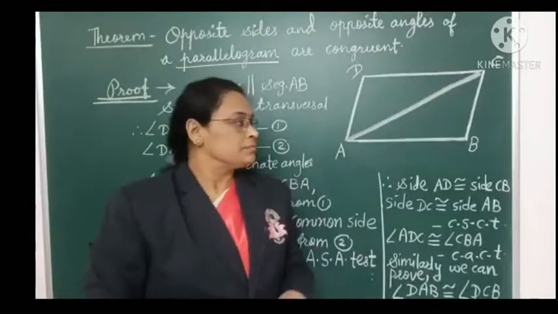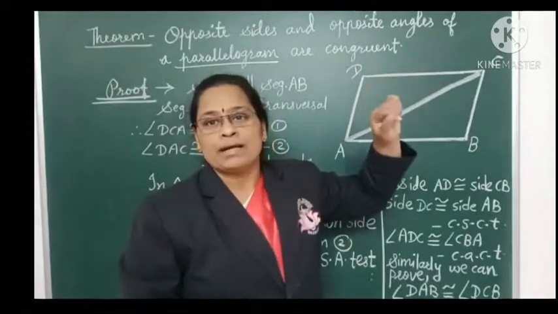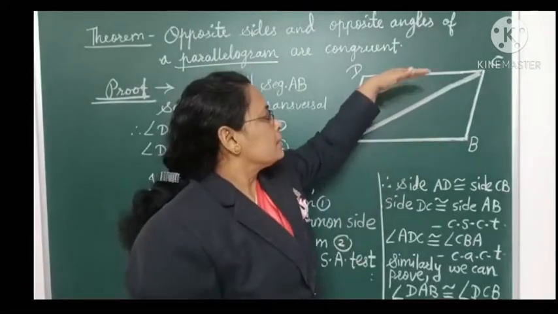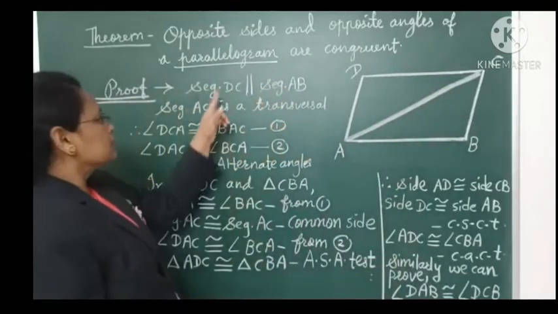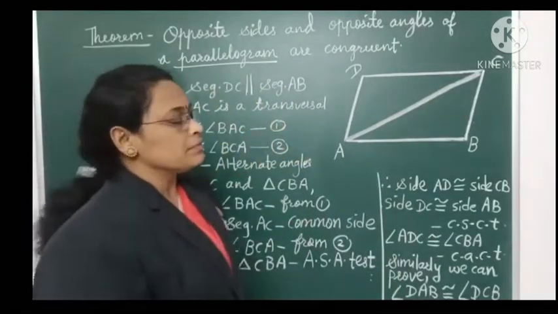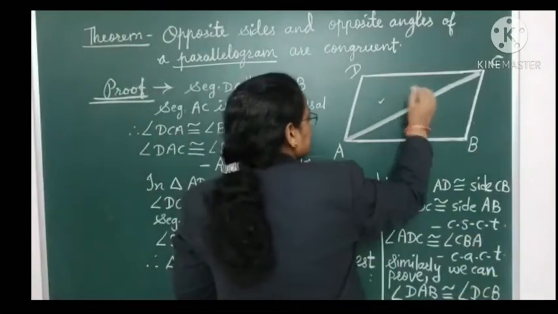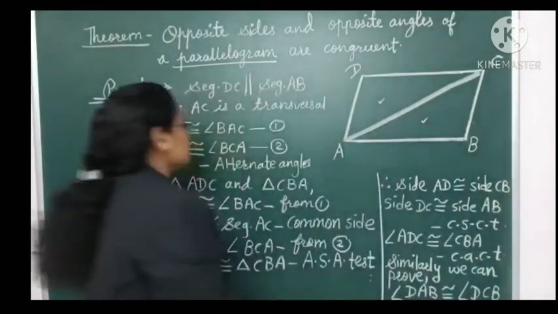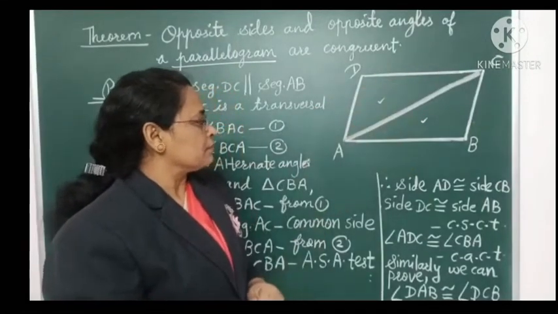Now here we have quadrilateral ABCD, in which by the definition of parallelogram we can say that side DC is parallel to side AB and AC is a transversal. So that we will write here. Because of this we will get two triangles here, that is triangle ADC and triangle ABC. Now as the sides are parallel and this is the transversal, we can write here,